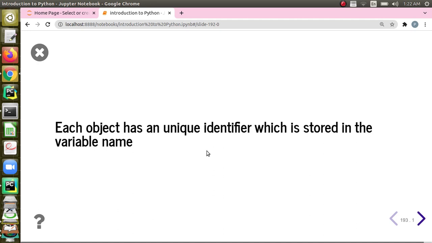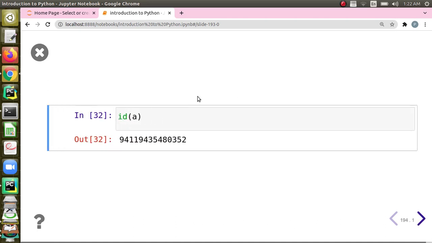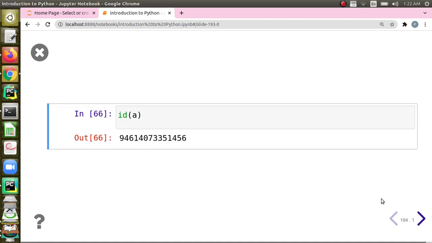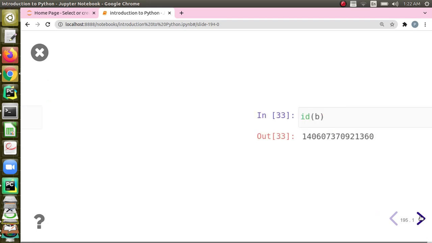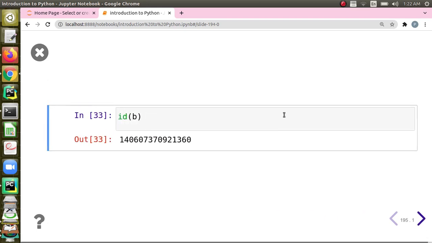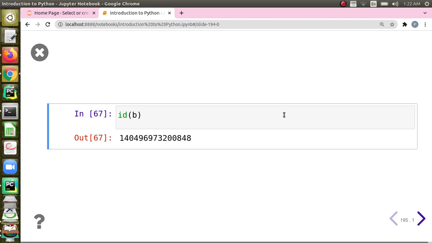And every object has a unique identifier in Python, and you can see the identifier by using the id function. So when I write id of a, I will get the unique identifier, and id of b. For every variable we can see the identifiers, right? So as a whole, Python is a wonderful language which has much easiness when we code in it, and a lot of packages will also help us to do easy coding in Python.